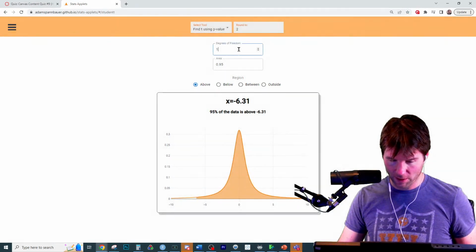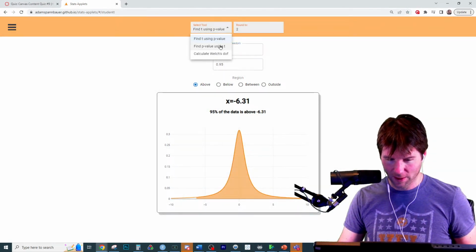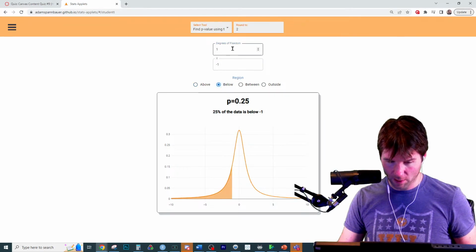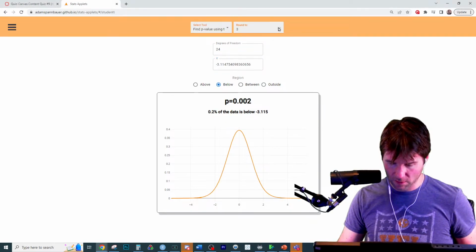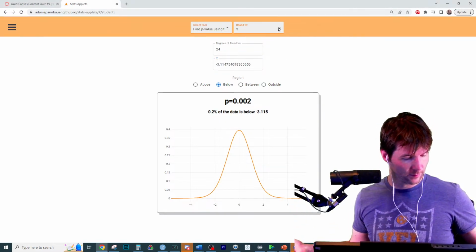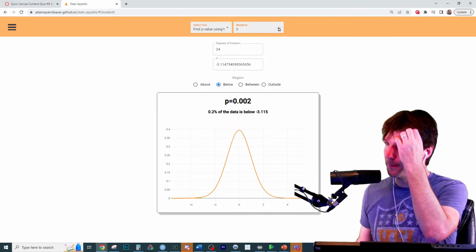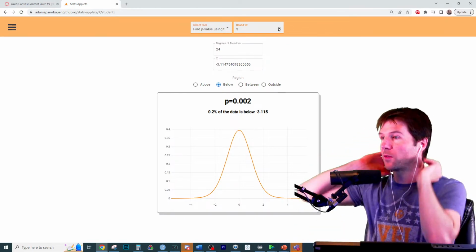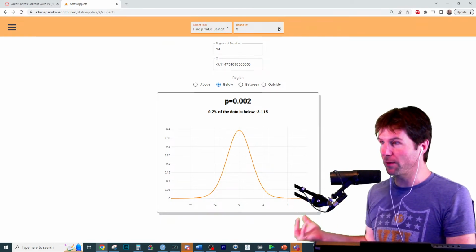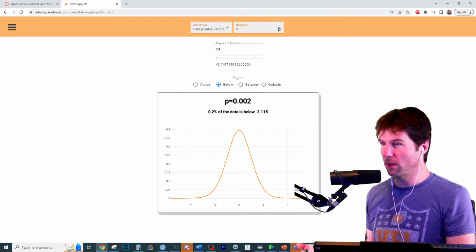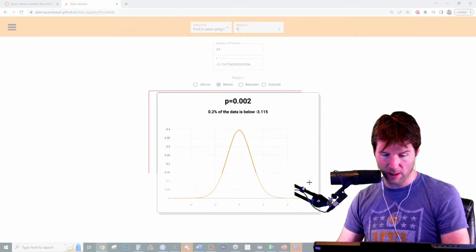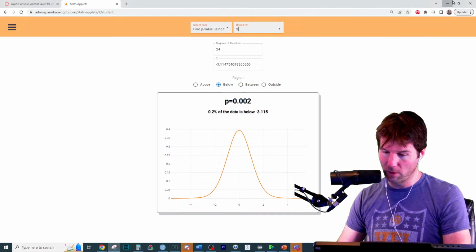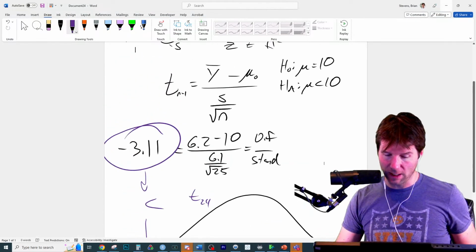So T with 24 degrees, still great job, Jesse. Find the p-value below 24 degrees of freedom, t-statistic, and 3 decimals. Wow. There you go. And that's how we can sometimes figure out the p-value without even using the applet. And we had a good indication right here. And if you take a look at the picture we have, which shows the p-value, we were able to take a pretty good guess at it.